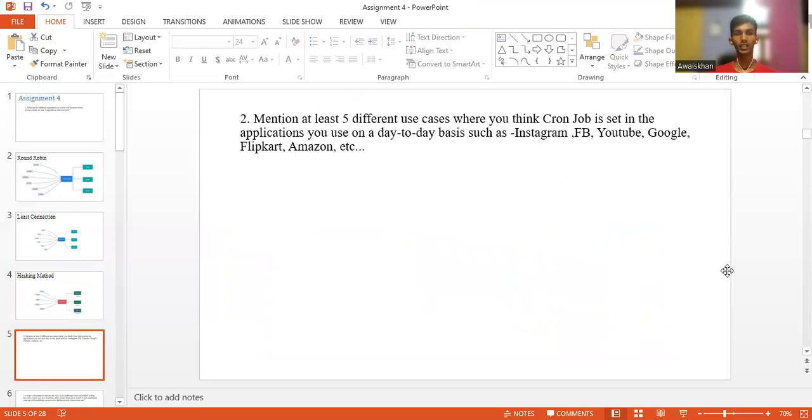Mention at least 5 different use cases where you think a cron job is set in the applications you use on a day-to-day basis. First of all, I would explain what a cron job is. A cron job is a process or a task which notifies us, like a reminder. It gives a reminder automatically. It is an automated process